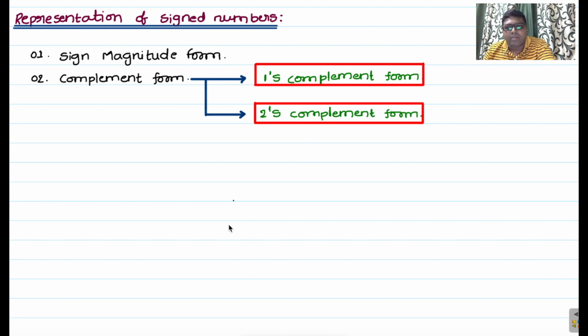Whenever negative numbers are used in our digital electronics, in that particular scenario, you have to utilize these two methods, sign magnitude form and complement form. Especially, we have to represent negative numbers in complement forms in most situations. Why not use sign magnitude form? Because it is helpful only up to a certain extent. If that extent crosses, it won't be helpful for us. So we have to go for complement form. In that we have to use one's complement form and two's complement form.